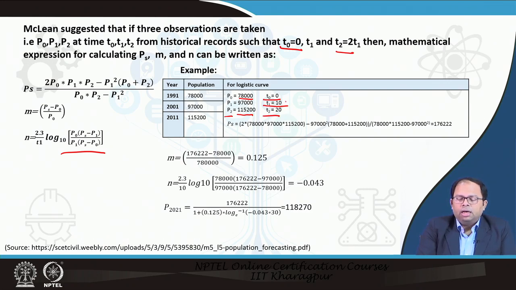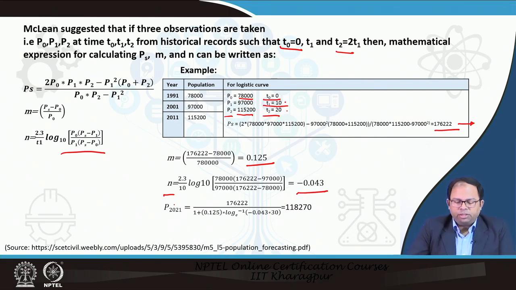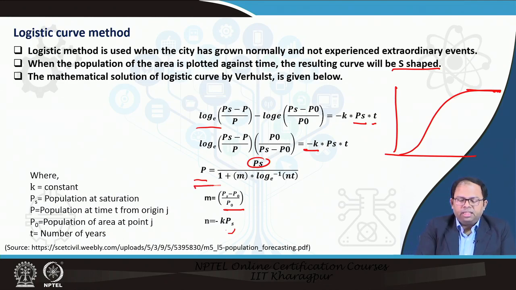So, this is the first decade and the second decade, and we can estimate Ps using this formula, which comes to around 17622. This is the saturation population beyond which the population will not grow further. The m value and n value can be estimated over here, and putting them in the previous equation from the last page, we can find that